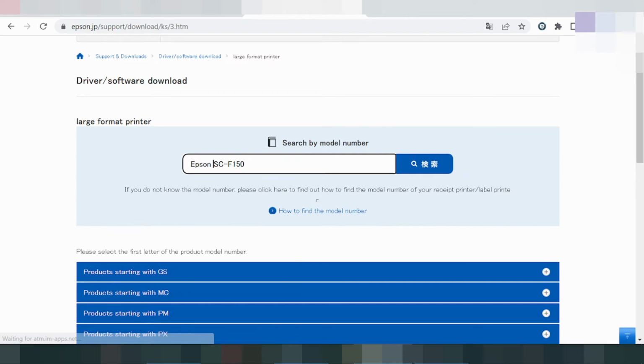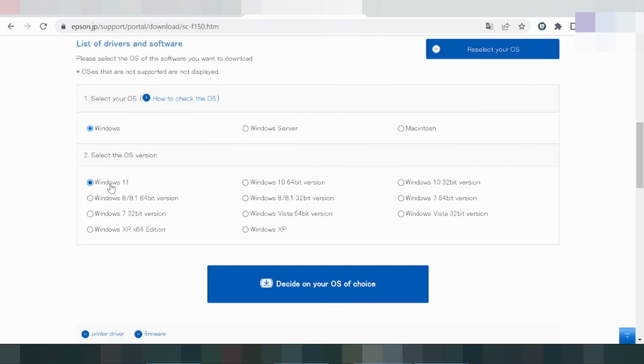Okay, this here is for the Epson driver, and this here is for the Windows 11 driver. And if you need to change, you click here. This here is for Windows 11, Windows 10, Windows 7, Windows 8, Windows 7, and this here is for the complete driver for Windows, and this here is to select your server for